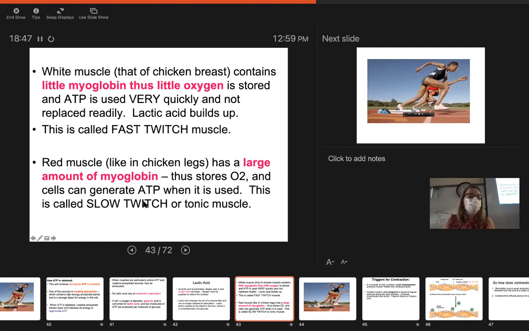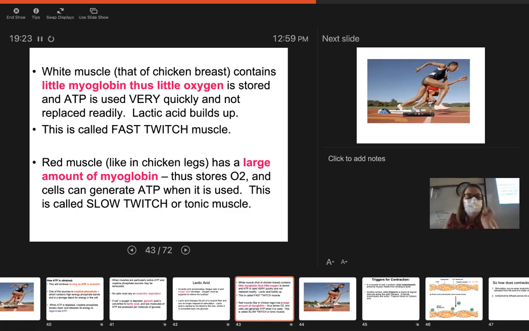Okay, so here's the scoop. My questions are right underneath your two paragraphs. It says, read the effects of training, which you're doing in the Gizmo, so I didn't put that in there, but long distance runners. I'm not talking about 440, I'm talking about people doing a marathon. Do they have fast twitch or slow twitch? Slow twitch, because they have stored energy to get moving, right? Sprinters use all their energy really fast. They have fast twitch. Does that make sense?